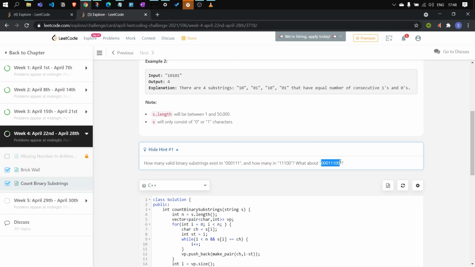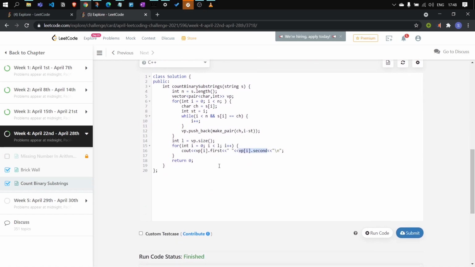Now it's asking how many valid substrings exist in this. So what we'll be doing is decomposing it into substrings, like one is 000 as in this case, and for that we know three valid substrings exist as we discussed before. For this one you can see 11 and 00, and for this two valid substrings exist. So for a given string, we'll group it into zeros and ones, then ones and zeros, and so on, and we'll add the minimum number of times a character is occurring. Once I do this, it will make sense.